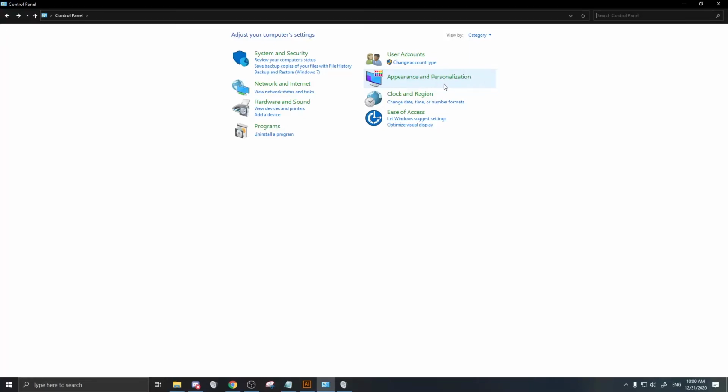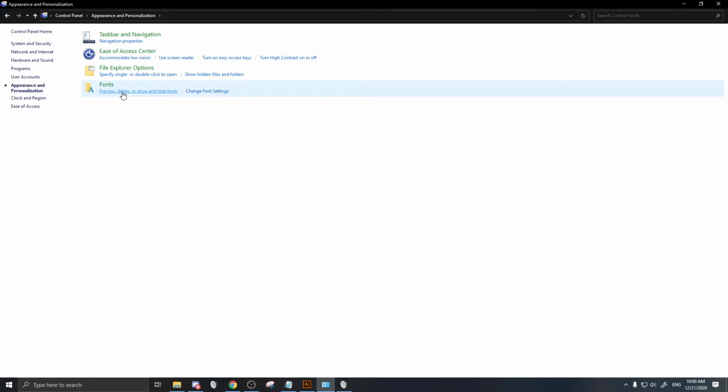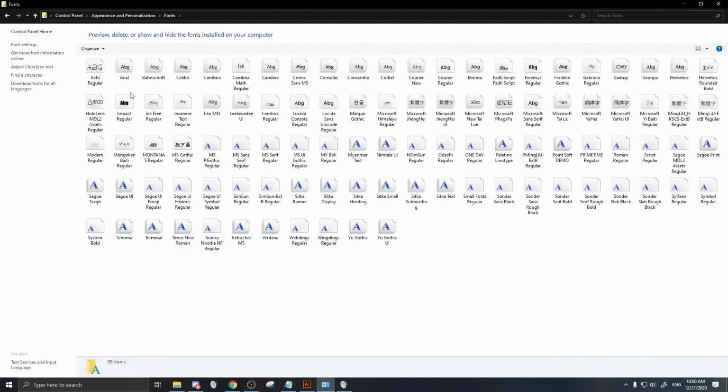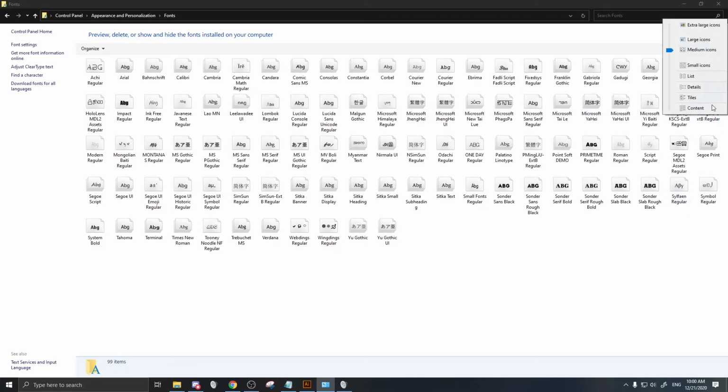To access your fonts installed on Windows 10, type in Control Panel in the bottom left corner, and then click on Appearance and Personalization, and then click on Preview, Delete, or Show and Hide Fonts. After that, it will bring you to this menu, and what you want to do next is